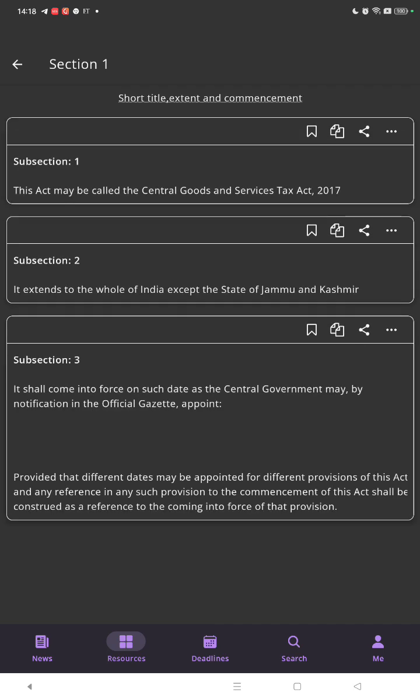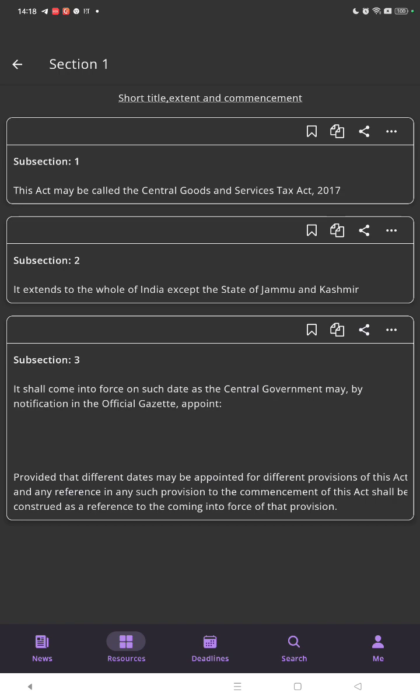This is the first section in CGST, which discusses that this Act may be called the Central Goods and Services Tax Act, 2017. Subsection 2 extends to the whole of India. It shall come into force on such date as the Central Government may, by notification in the Official Gazette, appoint,